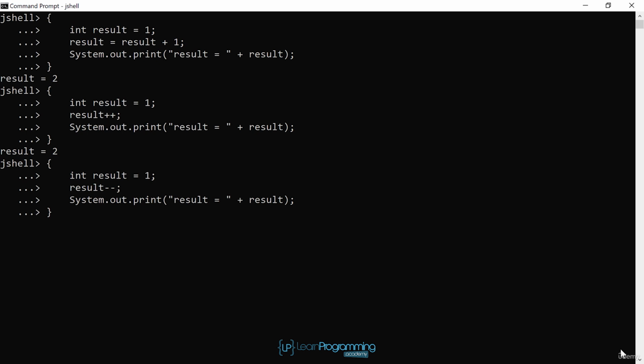Minus minus, semicolon. Since we are now decrementing, it should come as no surprise the result is 0. So we've tried out the postfix increment and decrement operators, which allowed us to change a variable either by adding or subtracting by 1. You'll have noticed from the slides that another way was presented, and this was called a